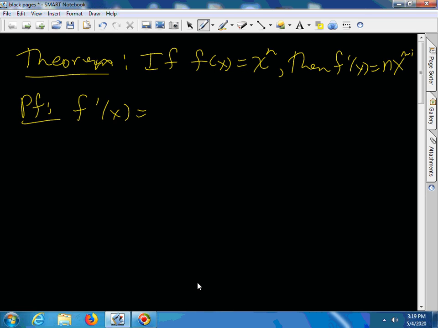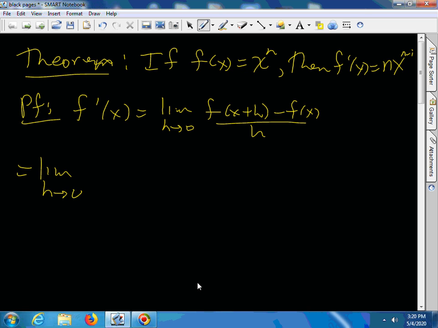f prime of x by definition is the limit as h goes to 0 of f of x plus h minus f of x over h. The limit as h goes to 0. Now what does f do to what's in the brackets? It raises it to the nth power. So whatever they put in the brackets,